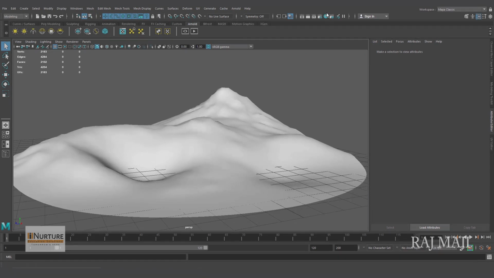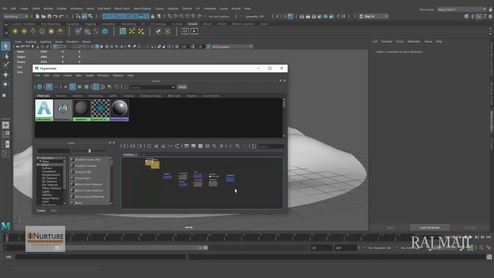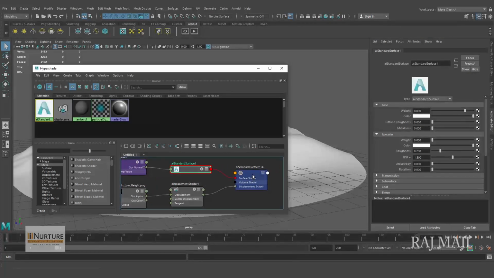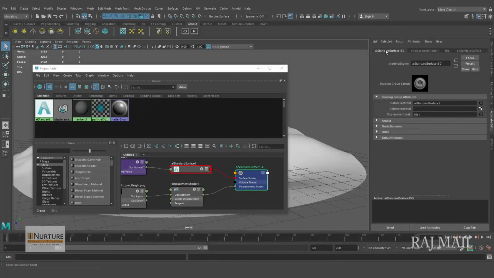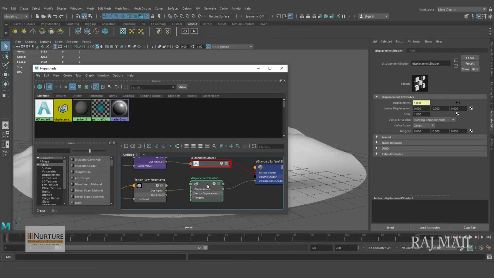Before that, I'll just show you the hypershade, what I did over here. You can see I have taken the aiStandardShader, and inside that, inside the shading node, last day I showed you in the last assignment, if you have gone through that, there will be no problem. So this is the displacement map, and I just dragged and dropped it on displacement, and I got this displacement property, and over there you can get this scaling for the displacement management.